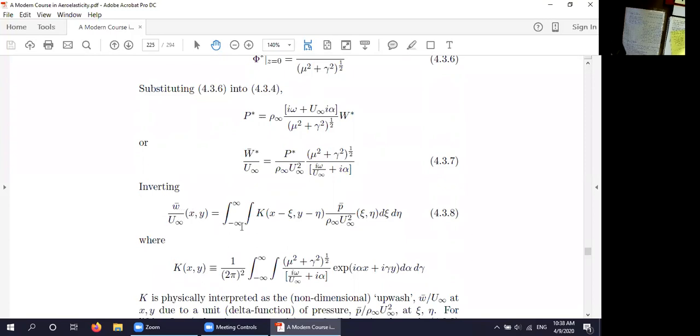But this integral, which is formally from minus infinity to plus infinity over both xi, the chordwise dummy coordinate, and eta, the spanwise dummy coordinate, is formally over the region from minus infinity to infinity in both cases. But this is the really good news. The perturbation pressure, in fact, is zero off the wing. So this integral is really only over the wing itself. That's why we do this, because we reduce this again to a finite region in the flow, namely just on the wing itself.